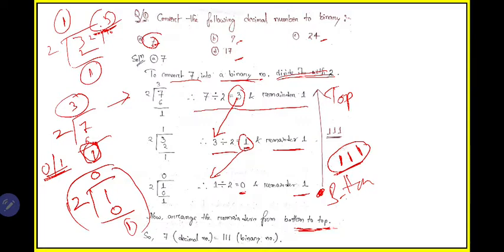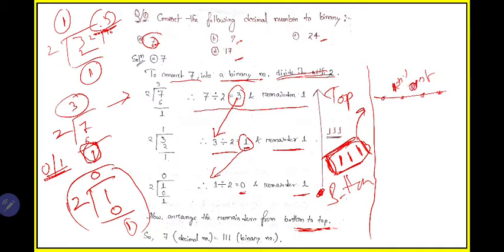So let us check whether our answer is right or wrong. We know how to convert any binary number to a decimal number. Give a line, here is our decimal point. We are solving this question now, okay. This is our first position and this is our zeroth position. Zeroth, first and second position, 1 1 1. So let us solve this.